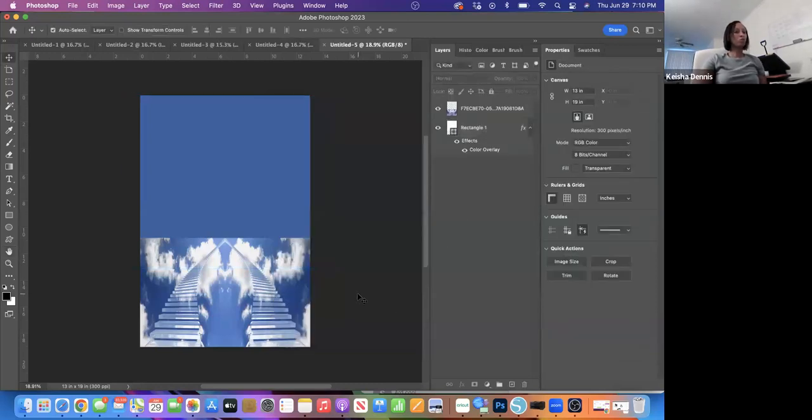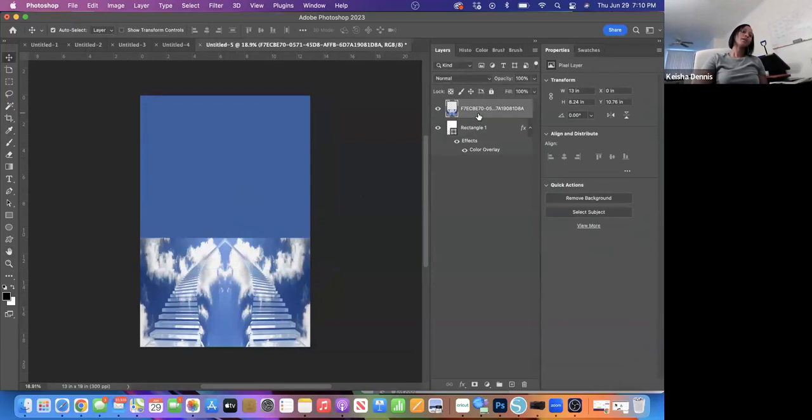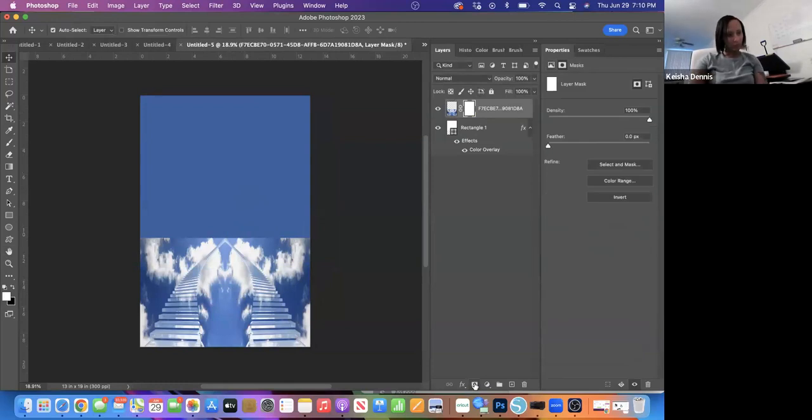Now I want to blend this bottom background in with this top background. So I'm going to click on the layer that I need to blend, which is the bottom. So I click on that layer. I go here and add another square. I forget what it's called. Forgive me for it. I add another square there. So remember to click the square with the circle to add another square there so you can do your blend